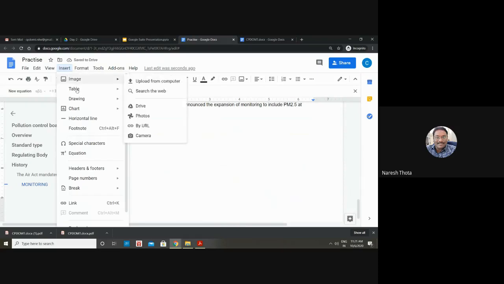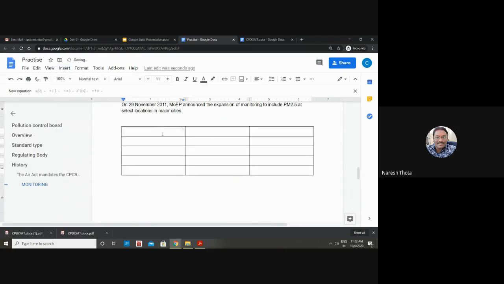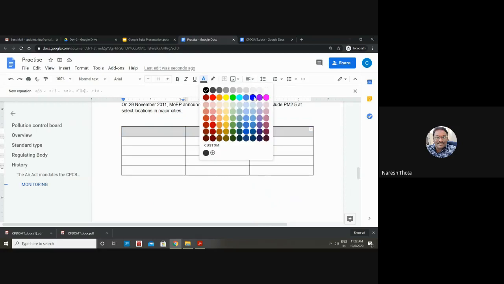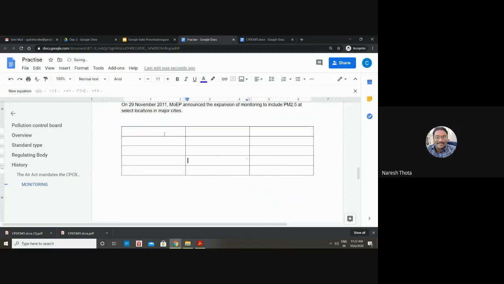The other one is, if you have some tabular data, let's assume I require a 3 by 3 or maybe 3 by 5 size of data. You can just create a table where your header can change colors.